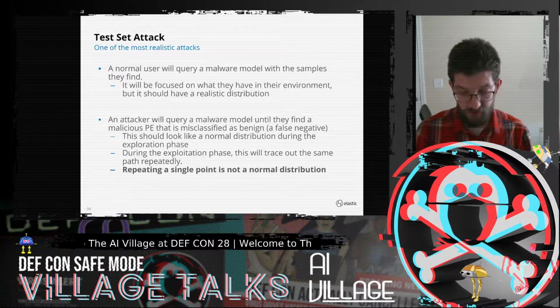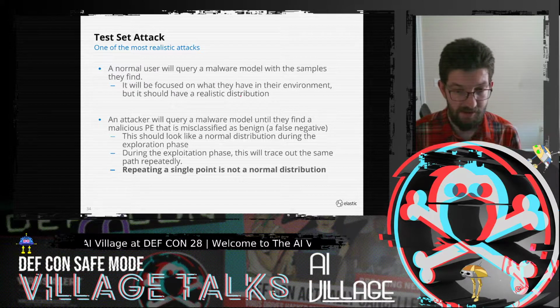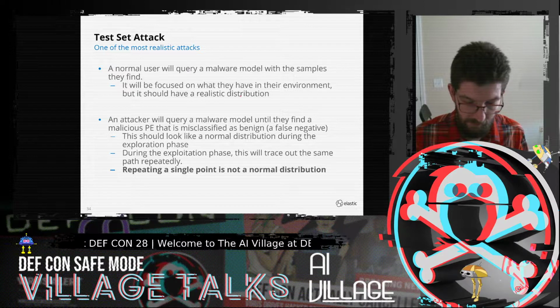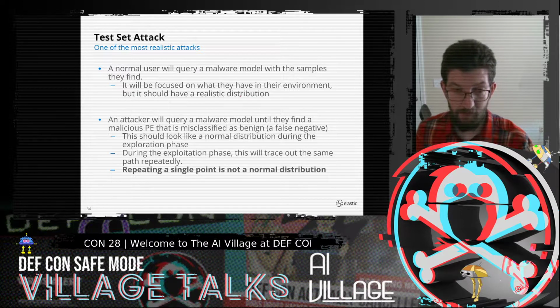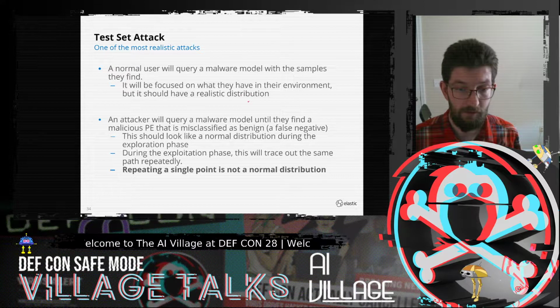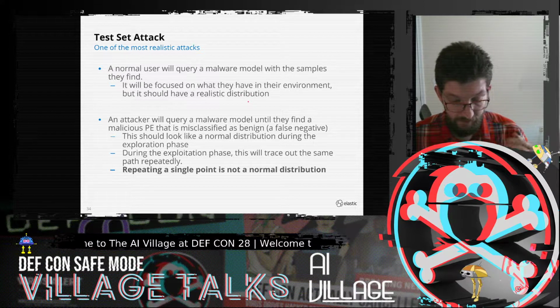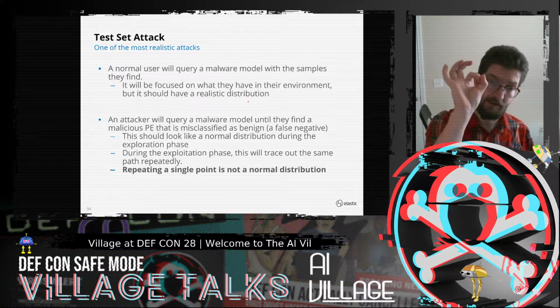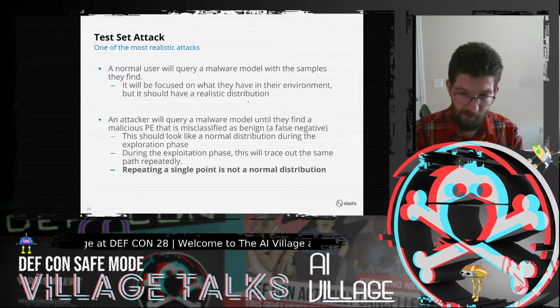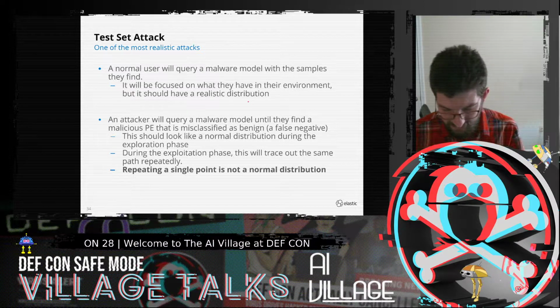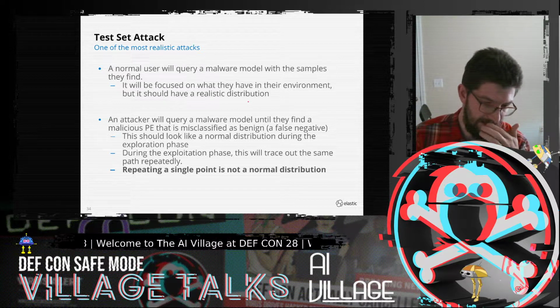What they're doing is they're trying things over and over again, trying to get past our system. Versus a normal user, who is thinking, this is on my network, I want to know whether it's good or bad, should I let it be? And then they can query it and figure it out. So they have very different patterns. The malware author might be very particular and ask the same thing over and over again, and the benign user would be spread out. So a very easy way of testing this is this thing called the test set attack,